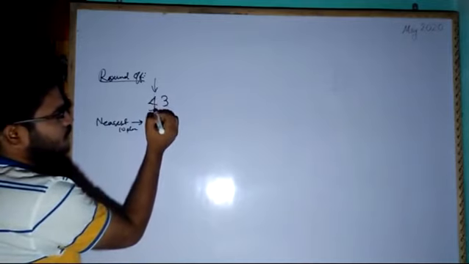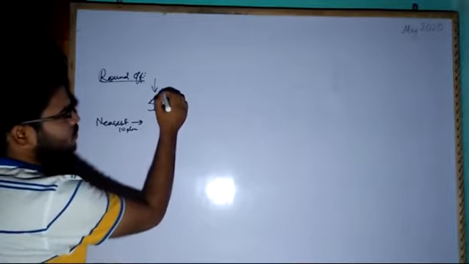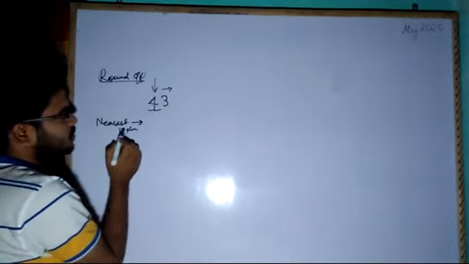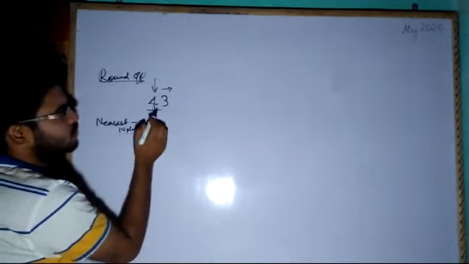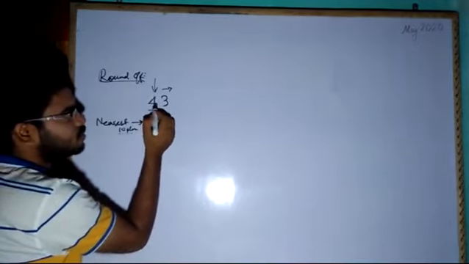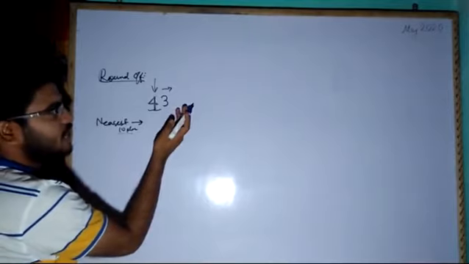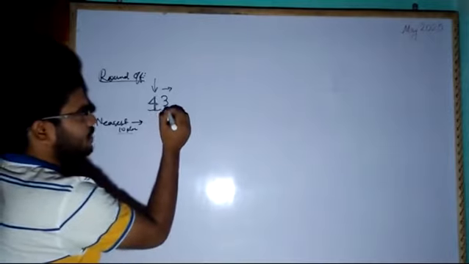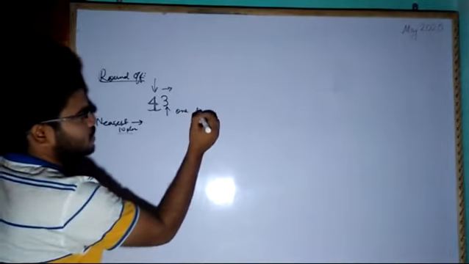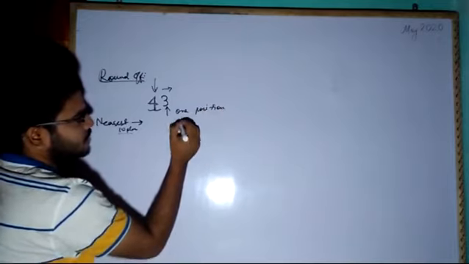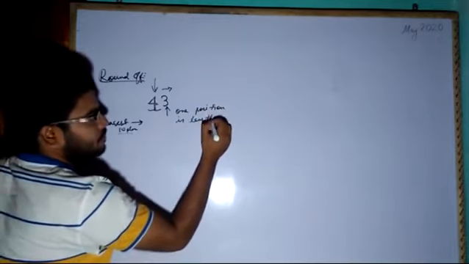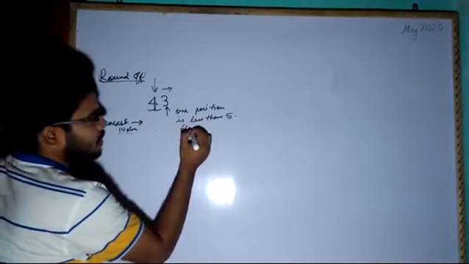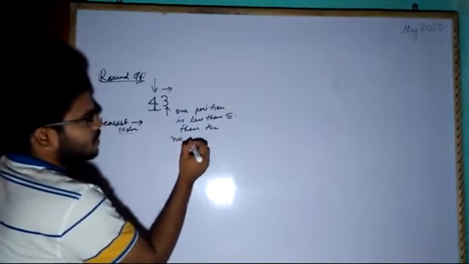After looking at the tens position, you have to see the very first digit towards its right, that means the ones place. If the number present at the ones position is less than 5, then the number will become